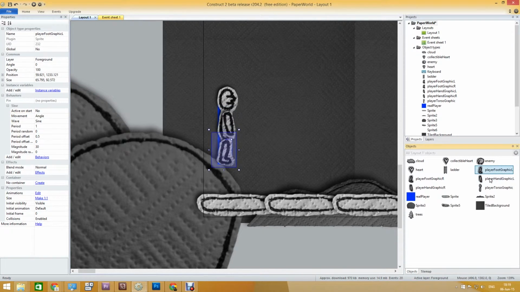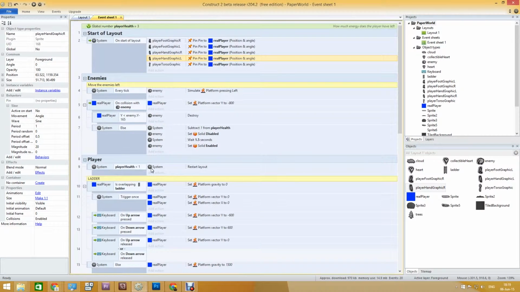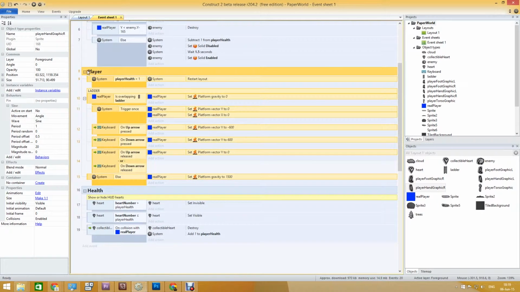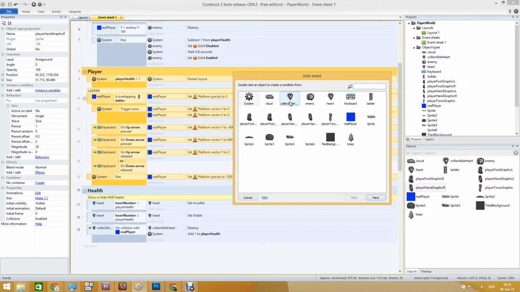So I want to make sure that the hands and the feet have the active on start for the sign, behavior at no. Alright, so now let me go to my event sheet here, and I think I will do it here inside the player category. Let's add a sub event by pressing S, and I will take my keyboard